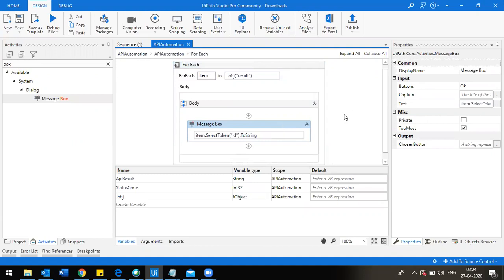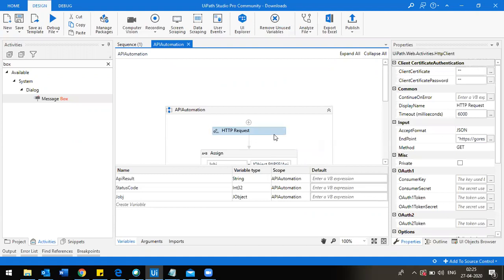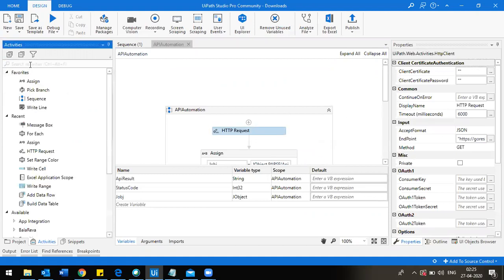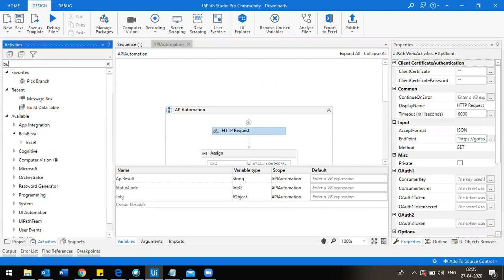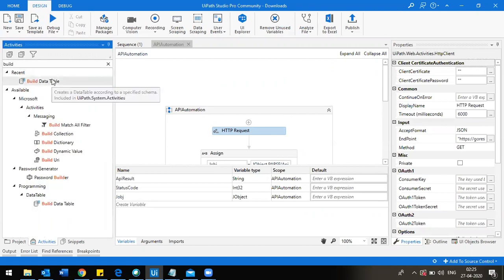To create an Excel file, what we need is a data table. So for that, I'm going to create a skeleton of a data table using the Build Data Table activity.